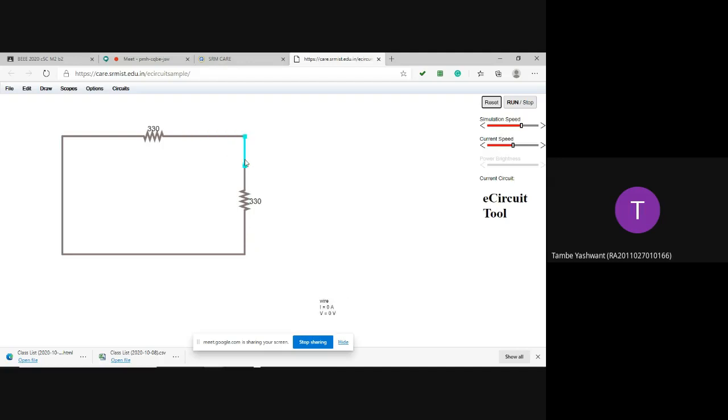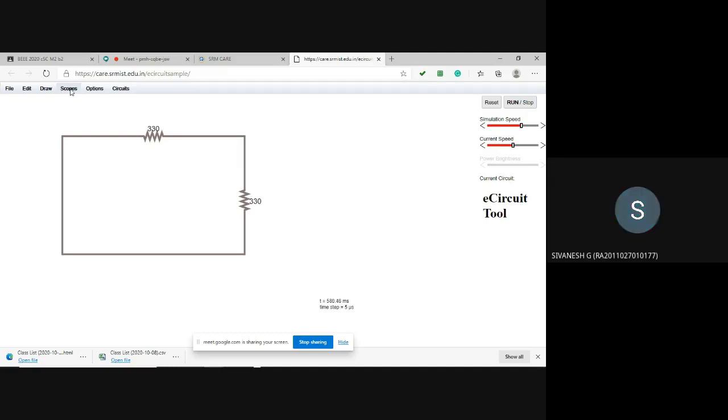Ma'am, can we now proceed to manual calculations? Yes, you have to try Norton's theorem also. Norton's theorem is the same circuit, but instead of VThevenin, you have to connect an ammeter and find out ISC. One more circuit. Other things are always the same. There also you will find IL, but instead of opening, you will short the output terminal and find the short circuit current.